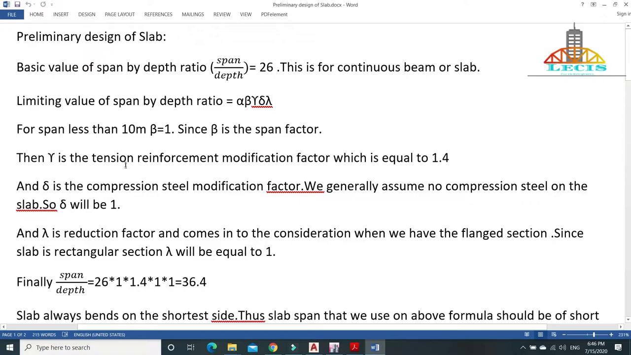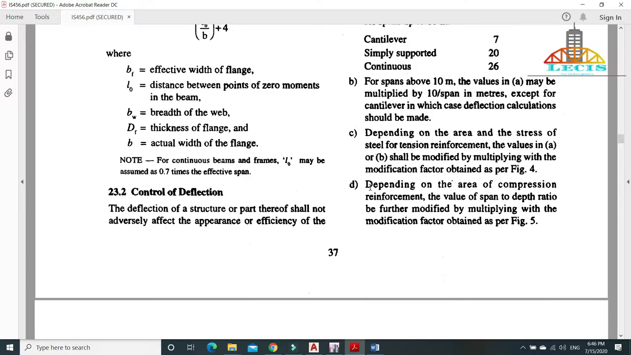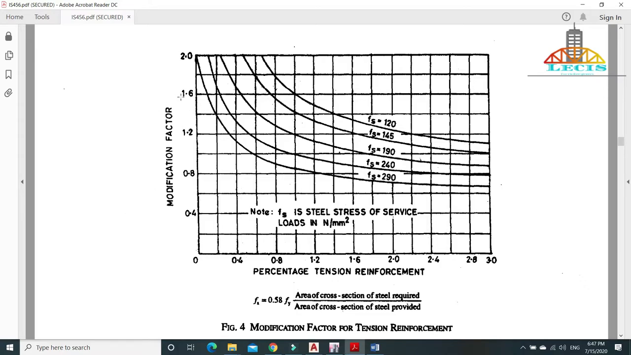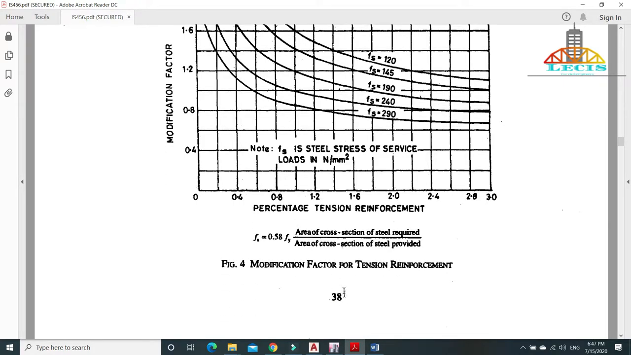Similarly, this gamma is the tension reinforcement modification factor, and you can see in the IS code that this is a modification factor called gamma, which considers the percentage of tension reinforcement. We haven't designed our slab yet, so we don't know the actual percentage of tension reinforcement in our slab. But we can say from experience that the percentage of tension steel in a slab is about 0.2 percent. So you can see this curve in the IS code at page number 38 of IS 456,